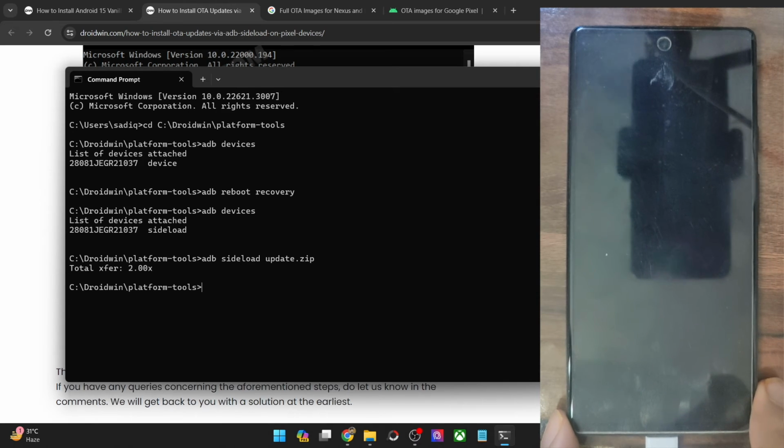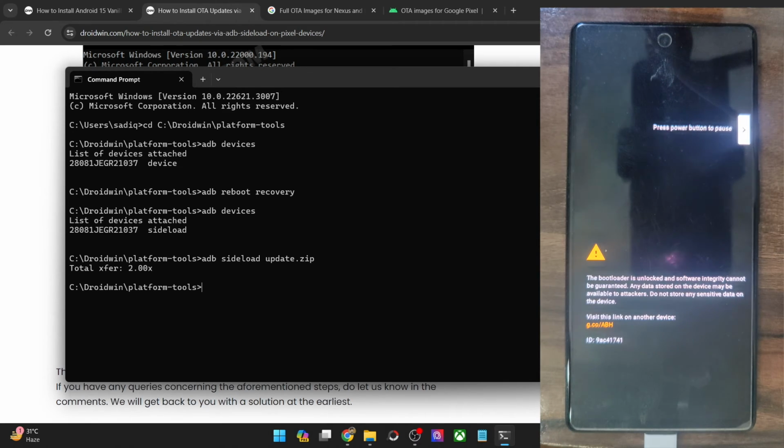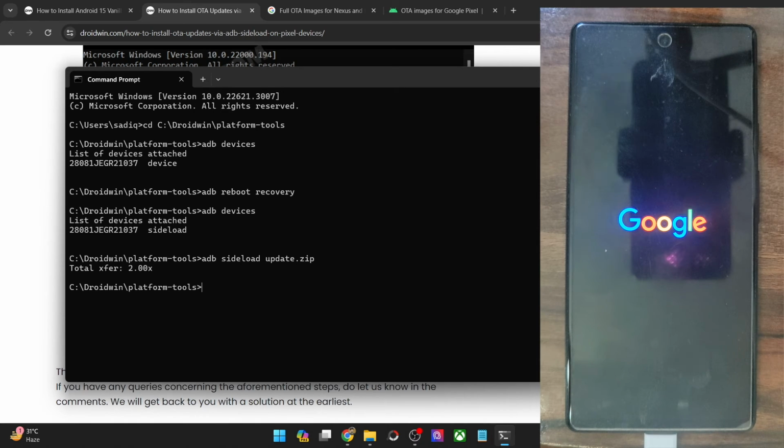Do keep in mind that the first boot up might take some additional time because we have just done an upgrade to a new OS. From the subsequent time, that will not be the case. So you might have to wait for around 10 to 15 seconds additional for the first boot up to appear. Anyways, let's just wait and see whether our phone boots up or not. So this is the Google logo and the boot animation, and with this our phone should now boot to the OS with the latest Android 15.